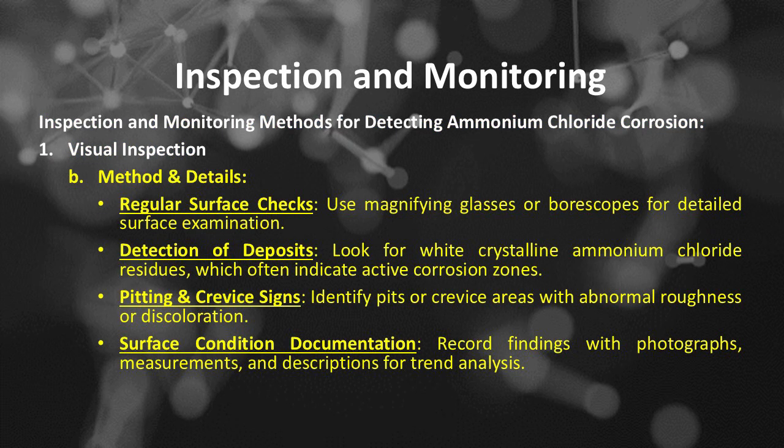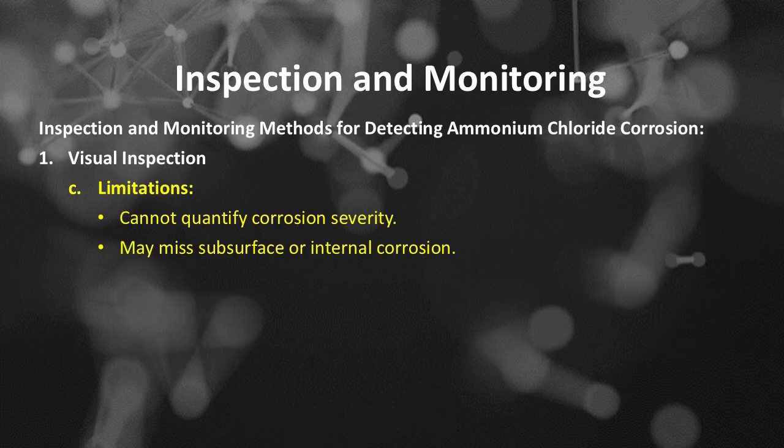The method details of visual inspection include: regular surface checks, using magnifying glasses or borescopes for detailed surface examination; detection of deposits, looking for white crystalline ammonium chloride residues, which often indicate active corrosion zones; pitting and crevice signs, identifying pits or crevice areas with abnormal roughness or discoloration; surface condition documentation, recording findings with photographs, measurements, and descriptions for trend analysis. The limitations of visual inspection include: it cannot quantify corrosion severity, and it may miss subsurface or